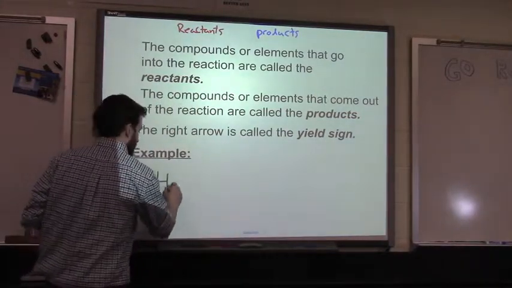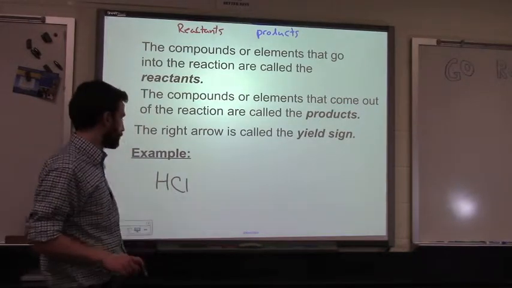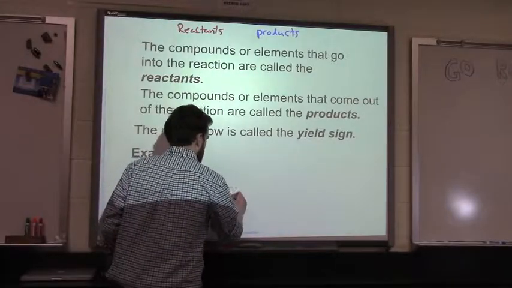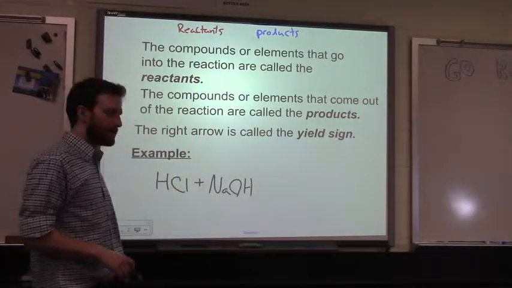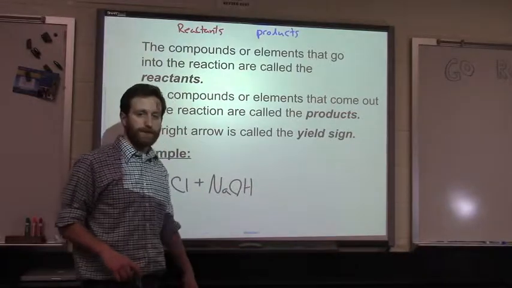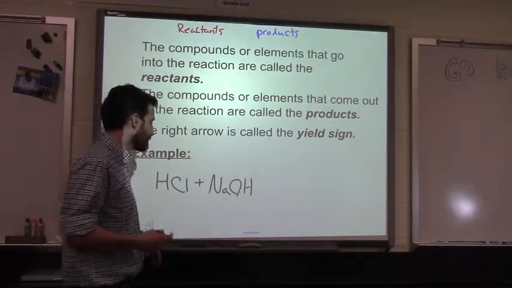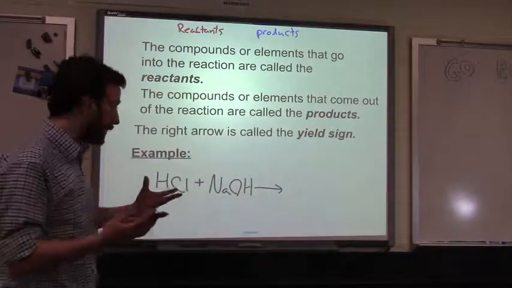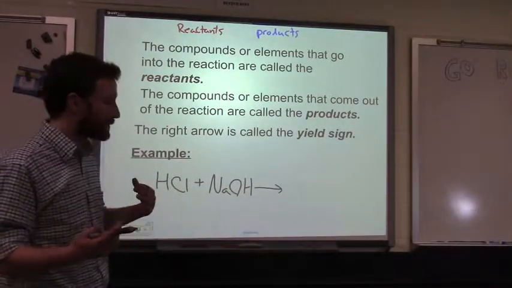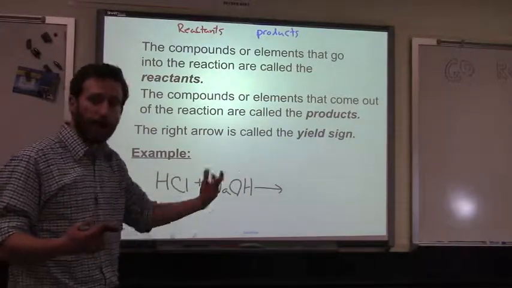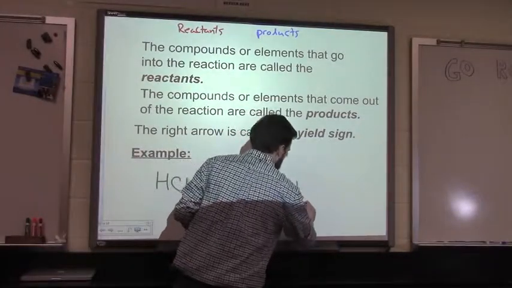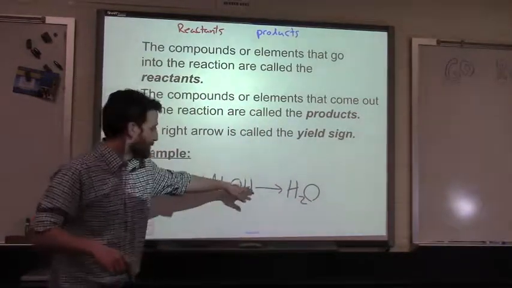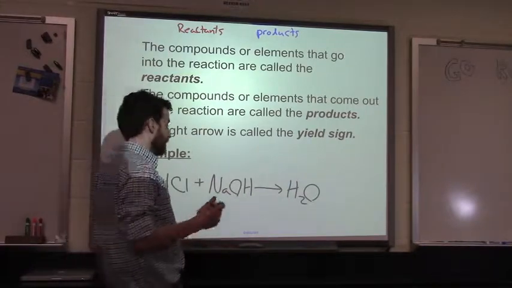We have HCl, a compound made up of hydrogen and chlorine, and that's going to react with NaOH. So this is a compound made up of sodium, oxygen, and hydrogen. Now in this particular case, we have some rearrangement going on. Don't worry too much about where or how the rearrangement happens, but know that we produce products. So these products happen to be water, H2O, and in fact, this H joins up with that OH and makes H2O, plus